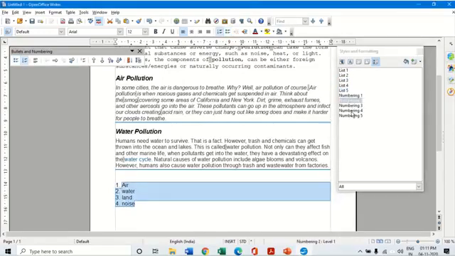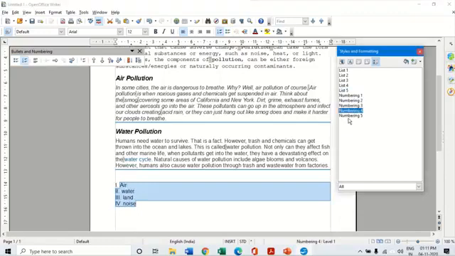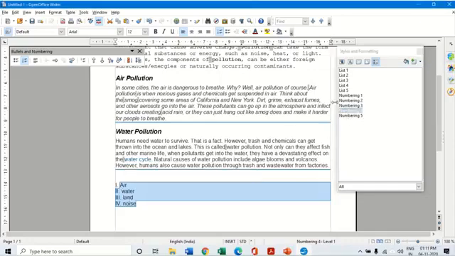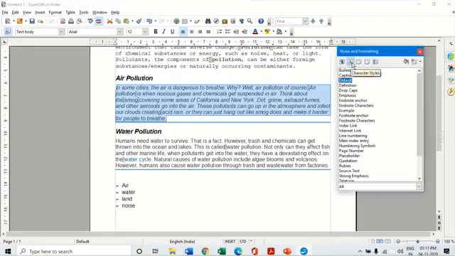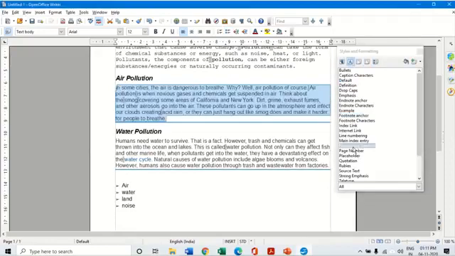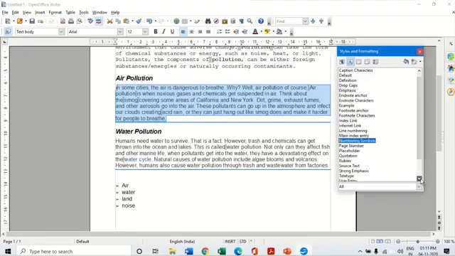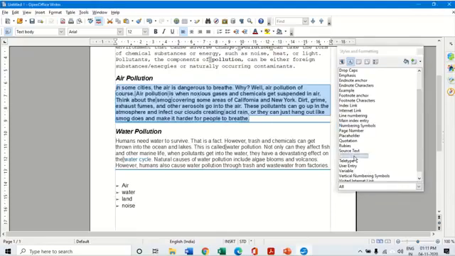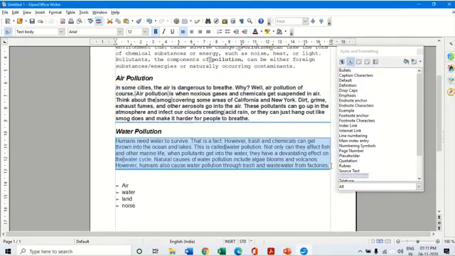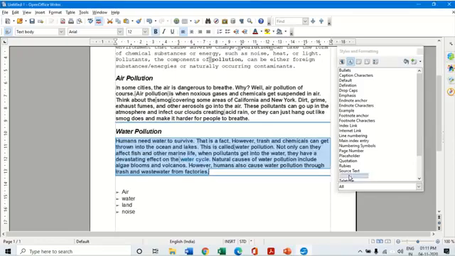1, 2. So suppose I want to apply the same styles throughout my document. Suppose I've got around 20 pages of document. Instead of individually going to all the lists I want of the same type, I can simply go and apply. Suppose I say I want List 4 for all my bulleted points. I can simply go to this style and apply bullets for this. Or if I say that I want all my paragraphs to be, let's take Footnote, this type, or maybe something else, numbering like this. I can select my paragraph styles for all of them and select, let's take, Strong Emphasis. So all my paragraphs I want Strong Emphasis, I can simply select Strong Emphasis for all the paragraphs and select my style for this.